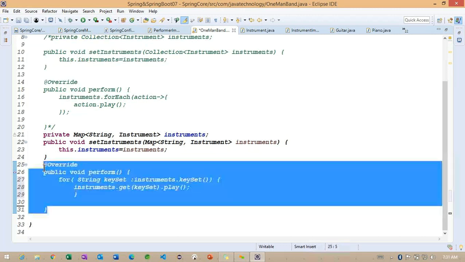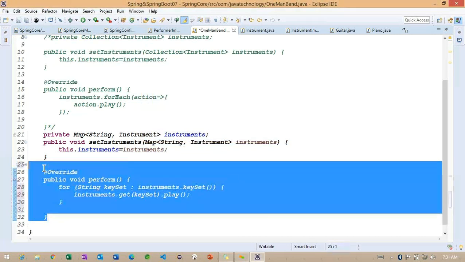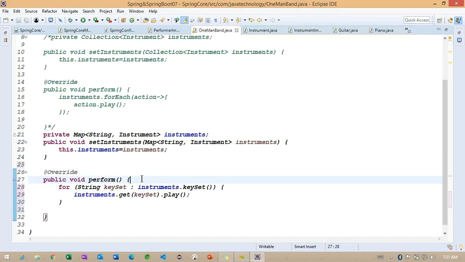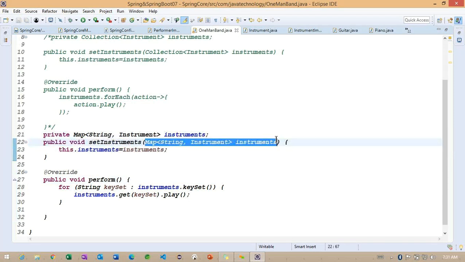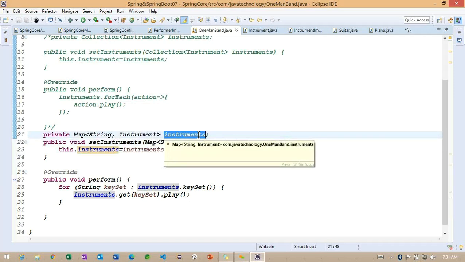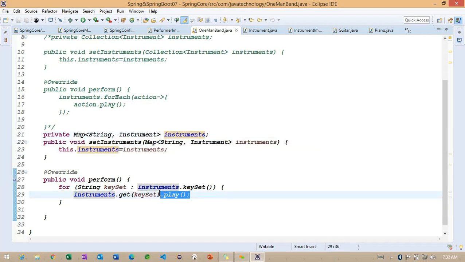So now we need to understand how exactly this particular perform method is going to work internally. Getting the point. So carefully observe what exactly we are trying to do here. We are trying to assign the map related information to this particular setInstrument method, and later using this particular instrument reference here, we are going to call this particular play method. Right. So here also we are going to work on the three objects, but the difference is that previously we identified the collection related list and set, but now we are going to work with map related information.